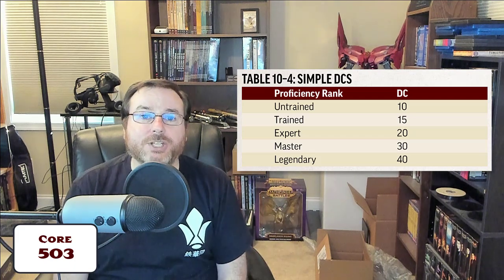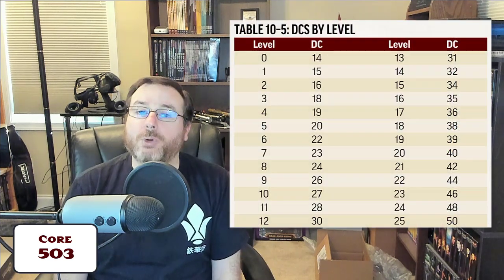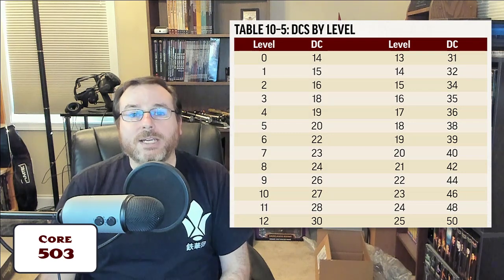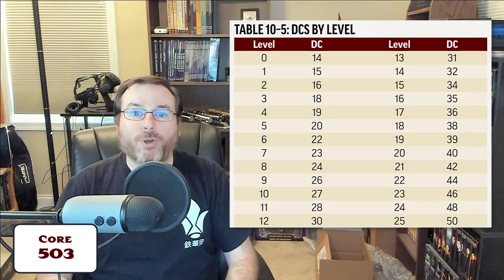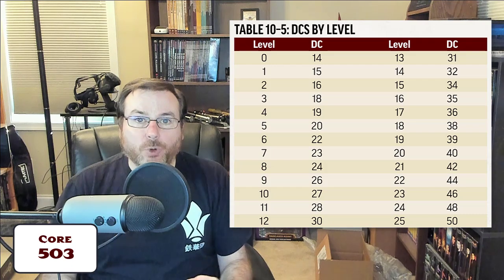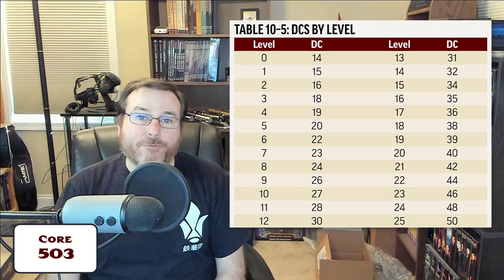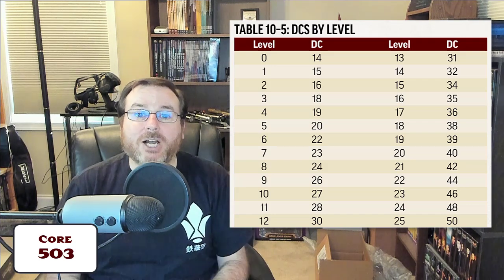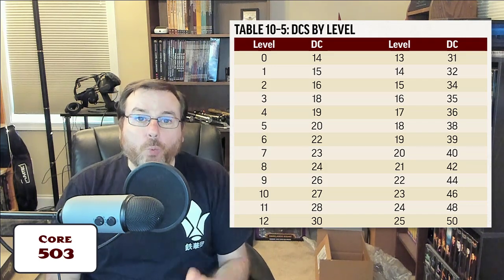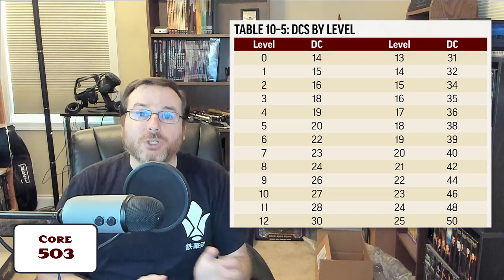Now there is in the core rules an example of climbing not a rope, but climbing up a wall. But you could also still apply, in a lot of cases, the DCs by level to the same situation. So if this wall is the protective outer wall around a fortress, and this fortress was designed by a 14th level villain, and that 14th level villain specifically designed the walls so that they would be difficult to climb, then